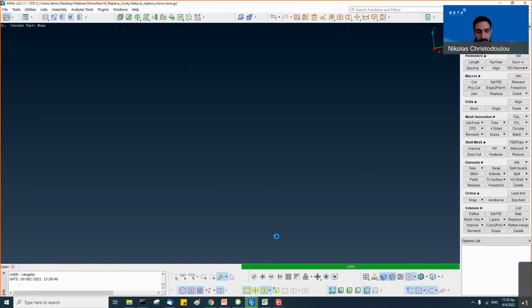The model that is going to be drawn by ANSA now already has surface, layers, and volume mesh. It's completely meshed. And let's see how we will be able to replace the mirror. Let's give it a couple of seconds.